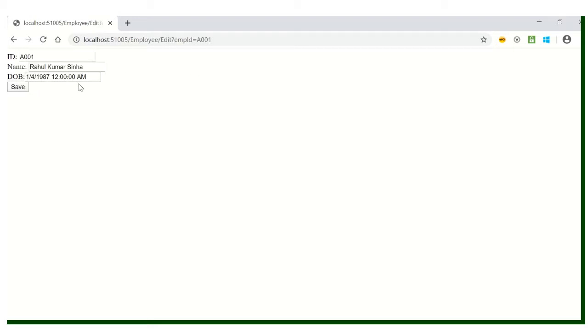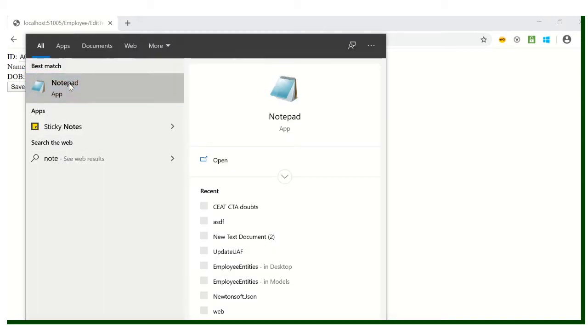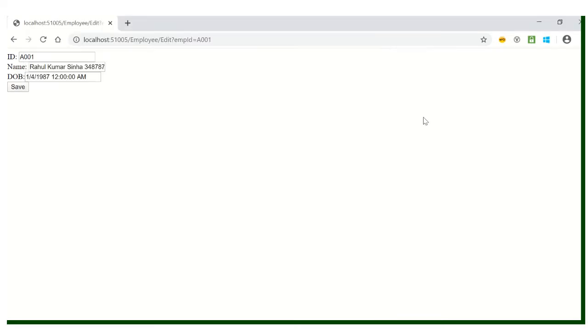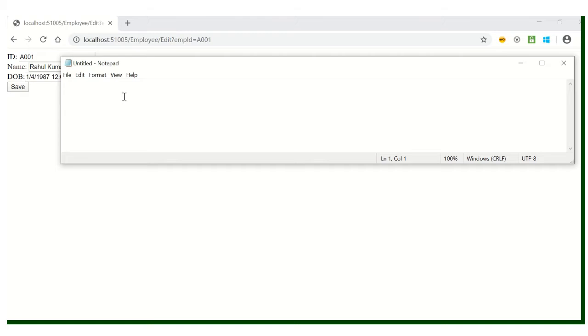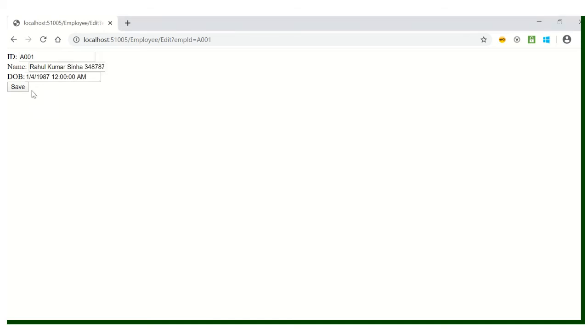Suppose we want to edit one employee. While editing, suppose I type here like this. The user will type randomly, intentionally doing something. So I will check the length here. I am opening notepad. Let's see what the length is. It is definitely more than 20. I typed more than 20 definitely. So when I am going to save it,